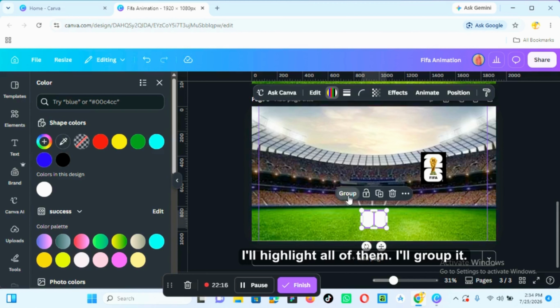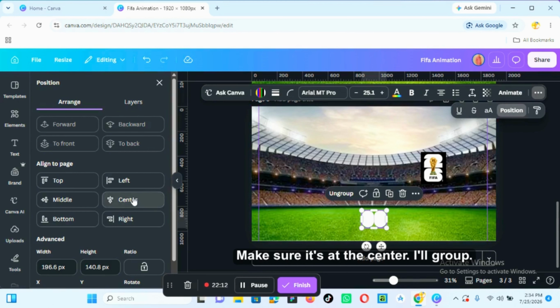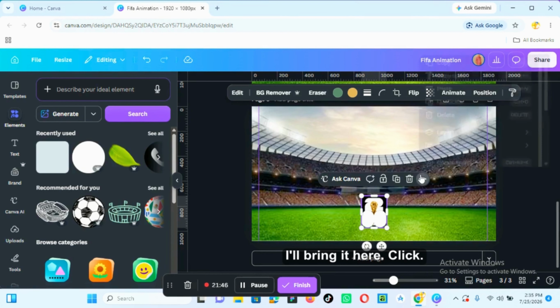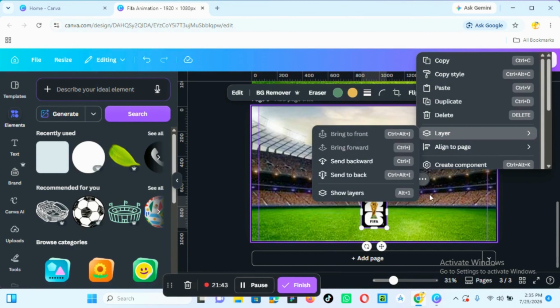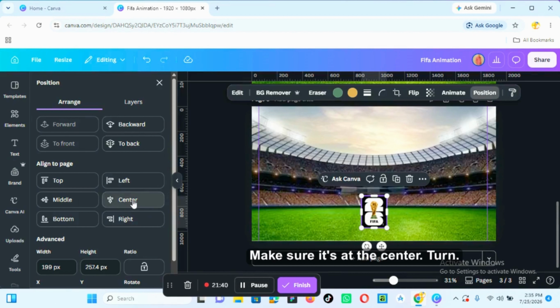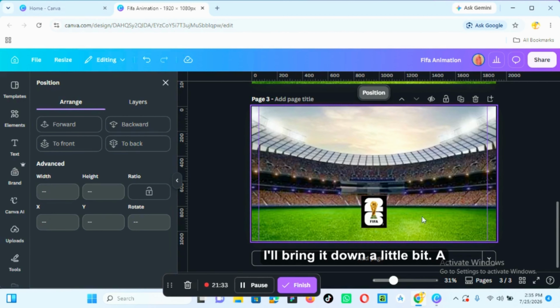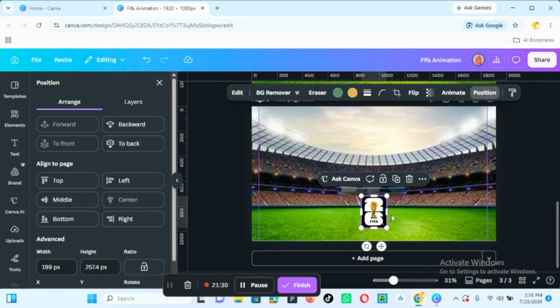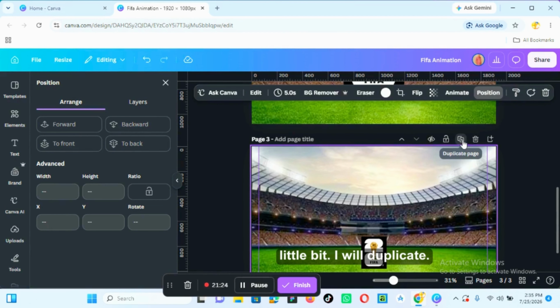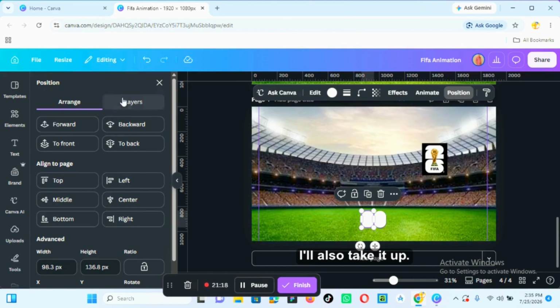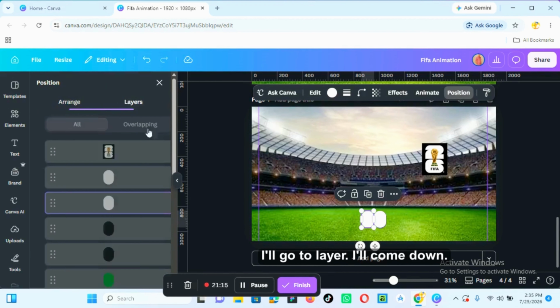I'll highlight all of them, I'll group it, make sure it's at the center. Okay, I'll ungroup, I'll bring it here, click, bring it to front, make sure it's at the center. Then now check the distance, I'll bring it down a little bit, and a little bit. I will duplicate, also take it up, I'll click on position, I'll go to layout, come